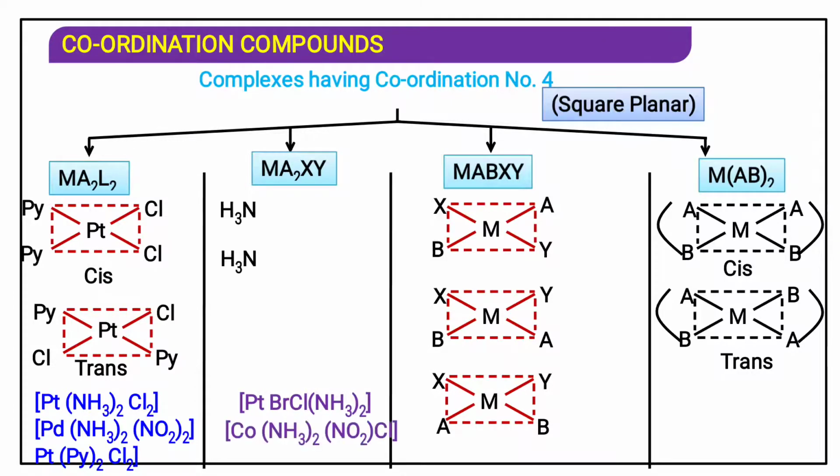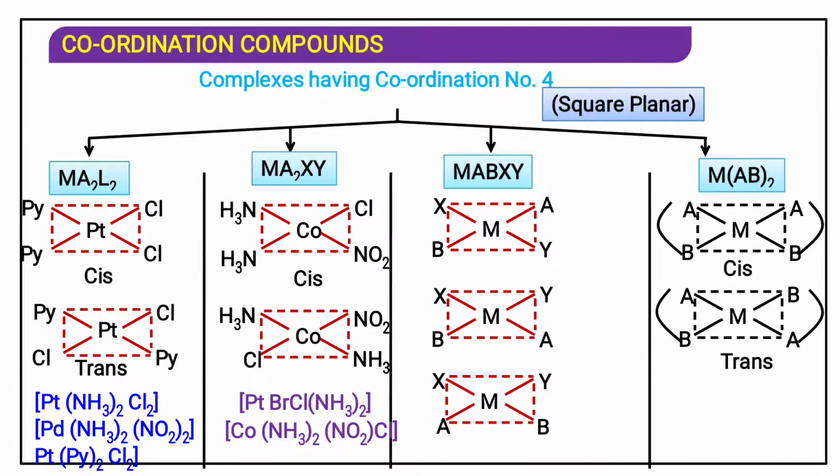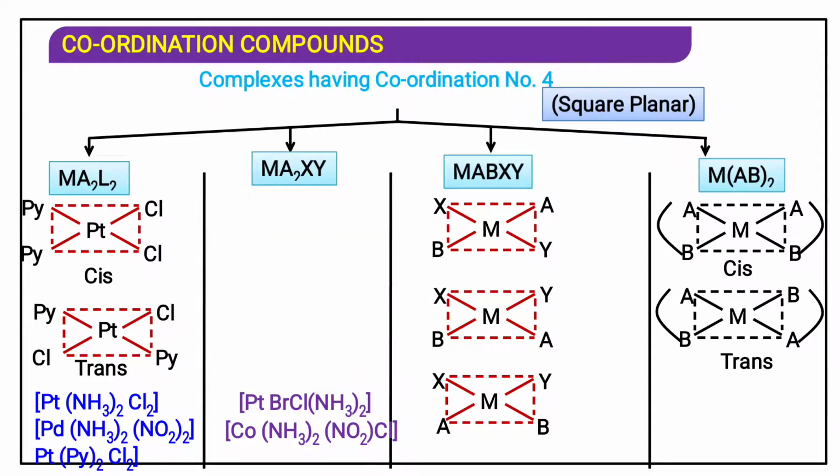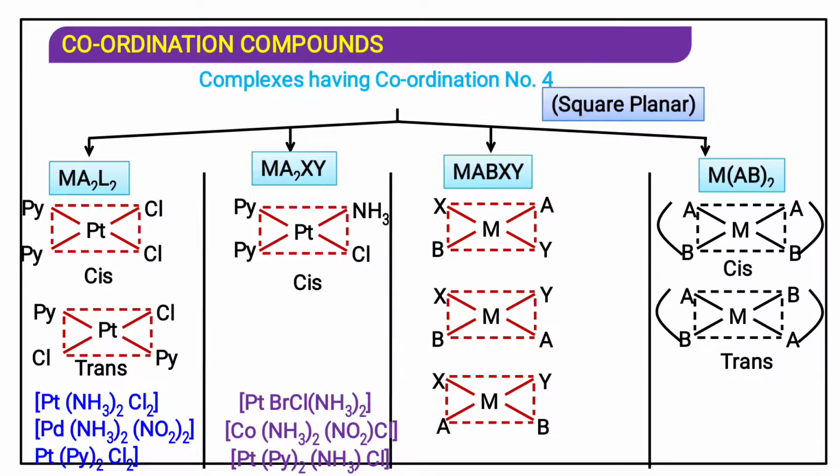Another example with a chloro and nitro group, cis. Just you have to remember whether ammonia is in a plane or not, because they are the same. In the trans they are in the opposite direction. For the pyridine complex,